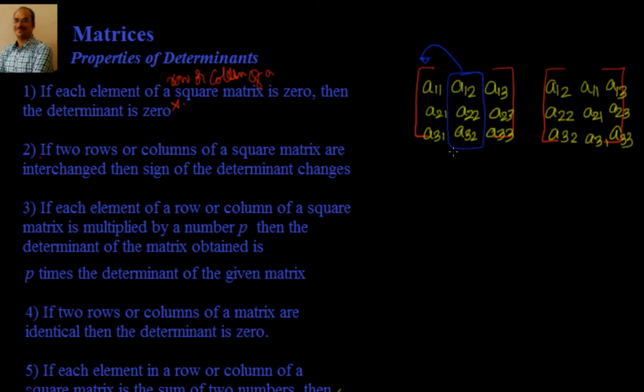What we will do now is we will try to find the determinant in both cases and see whether they are multiples of negative. That means one is equal to the other in magnitude, but the sign is opposite. Let's look at that. That means if this determinant is x, this determinant is negative of x, or the sign of the determinant changes whenever you interchange the rows.